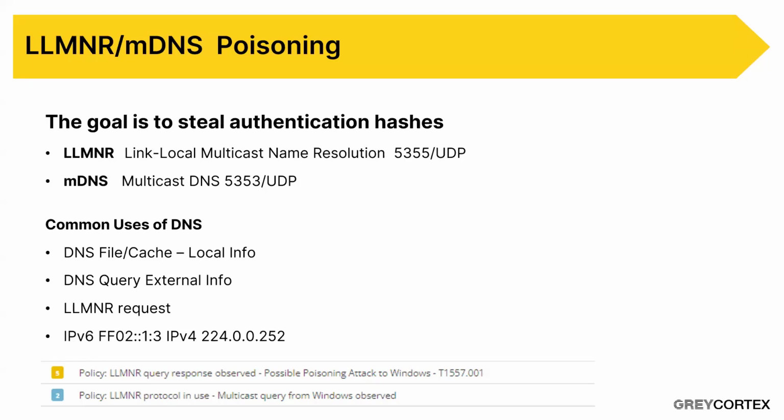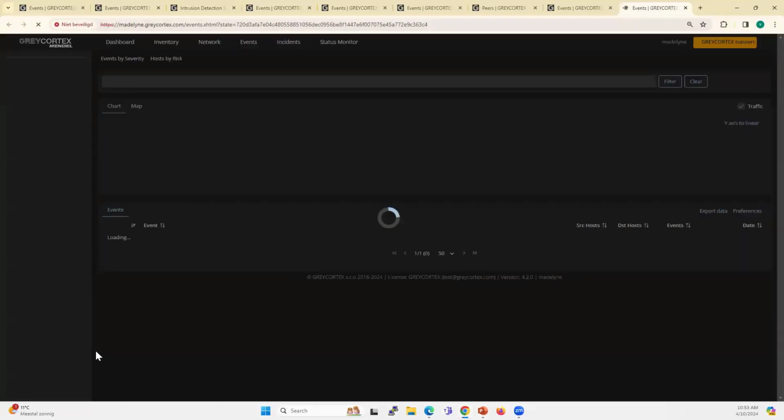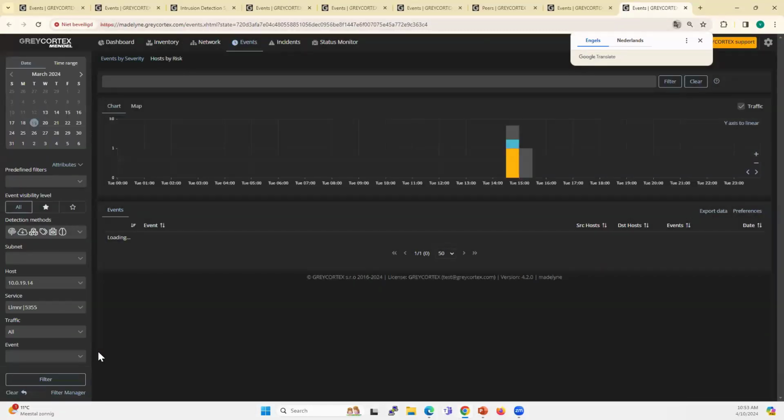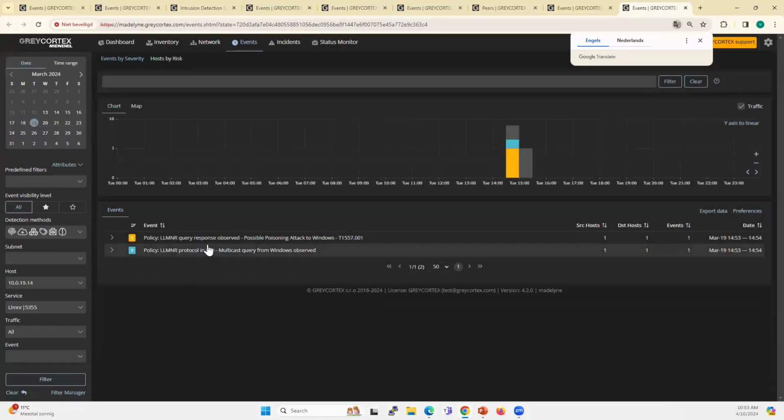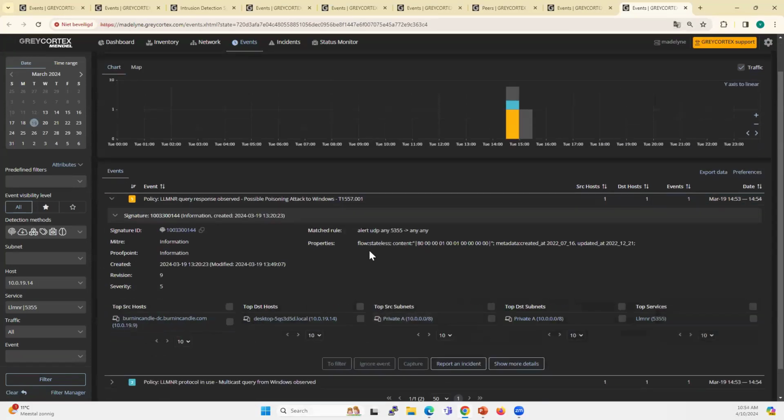Same for multicast DNS. That's running on these two ports, 5355 or 5353. It's running on UDP. So let's see what we can see about it. If you look at the system itself, it will show you, for example, the protocol which is observed there. You can see it's in use, multiple query. You can see that there is a multicast name. It's multicasted, so that means